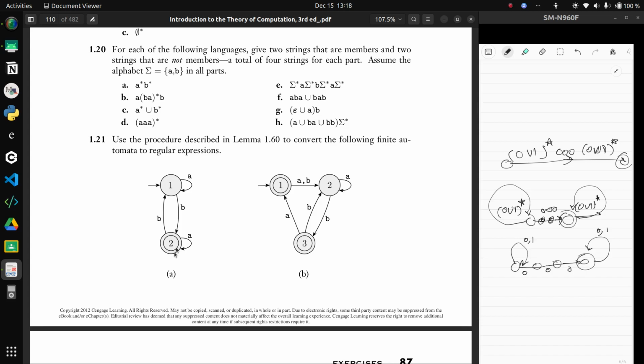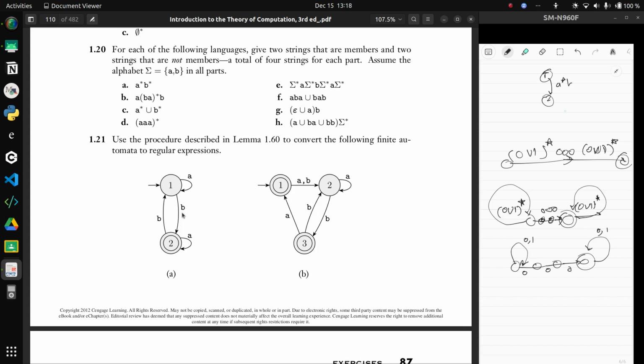Oh yeah, so how do you do it? With the a, it gets back to itself. You don't want this loop. So what you do is you do b a star over here. Right. So this whole thing could just be simplified to this. Like state 1 and state 2, with however many a's you want, it just gets back to state 1. So it doesn't matter. So with a star b,